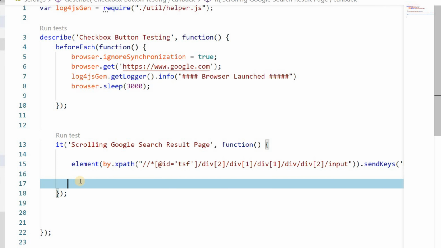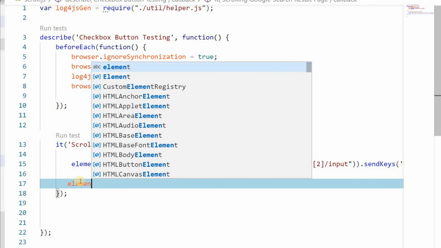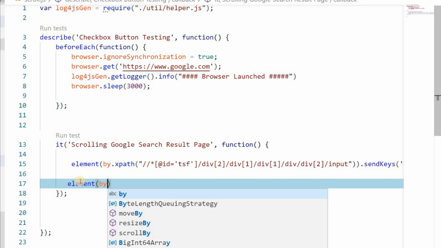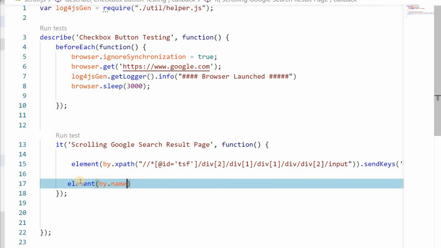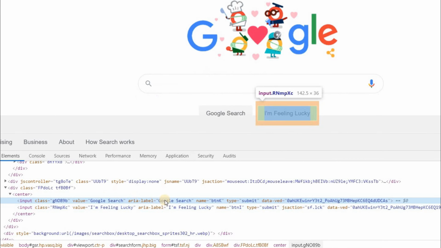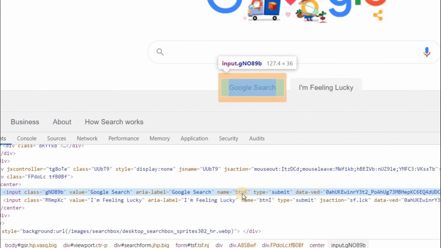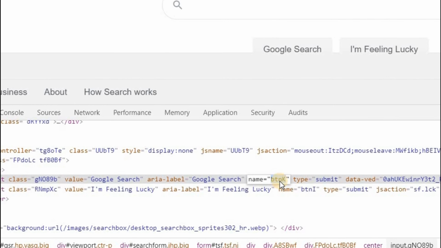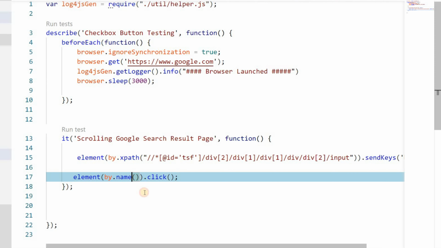So for the clicking part we will write element by.name. We will be using the name dot click. Okay, so what will be the name here? Let me inspect it. The name here will be this one, button K. Okay, so we will write that, button K,